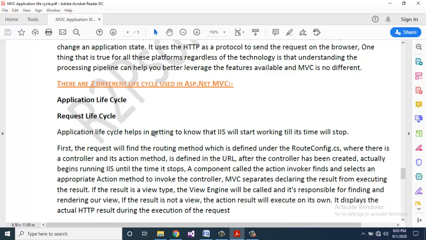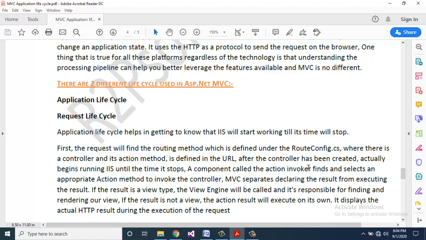The application life cycle helps in knowing when IIS will start working until the time it stops. First, the request will find the routing method which is defined under RouteConfig.cs, where a controller and its action method are defined in the URL.